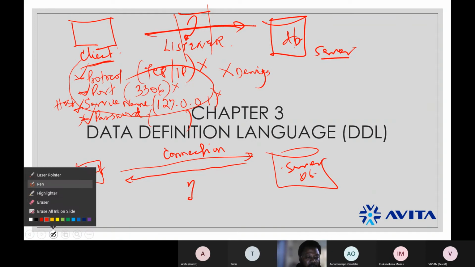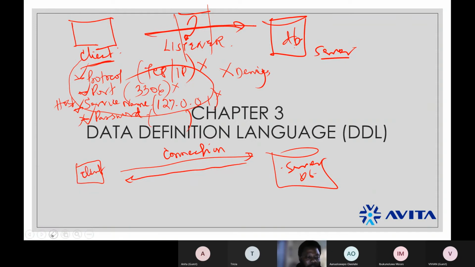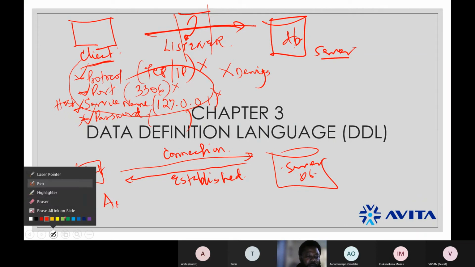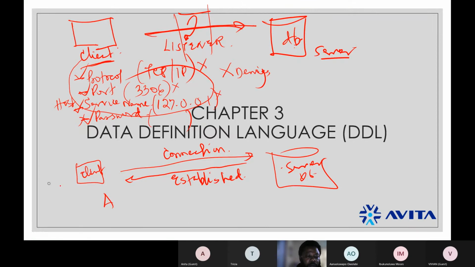When a connection is created, what happens? We say that when a connection is established, a session has been started for you.